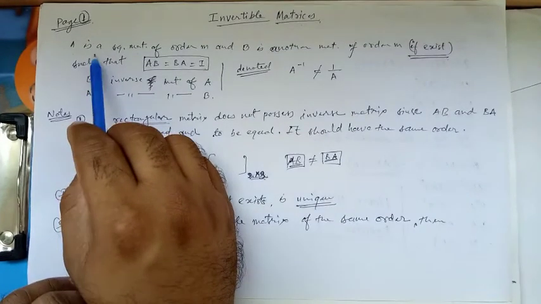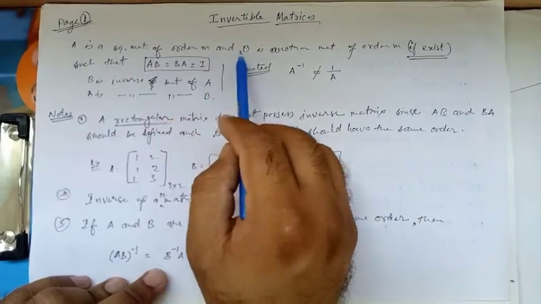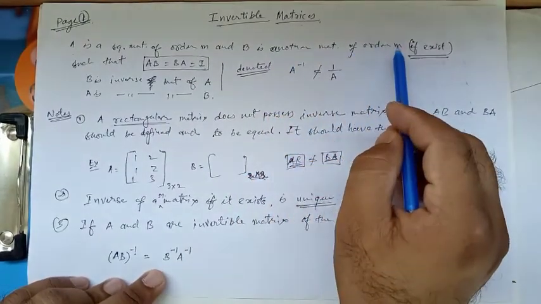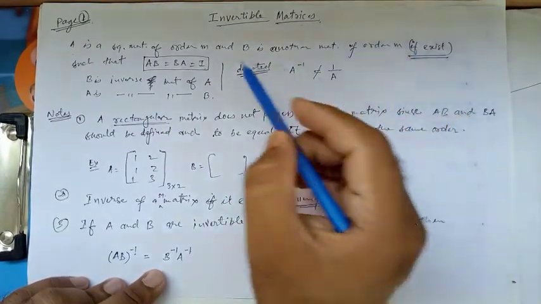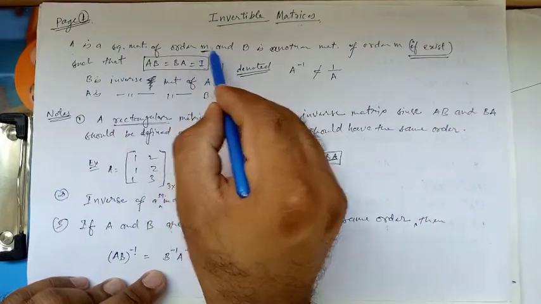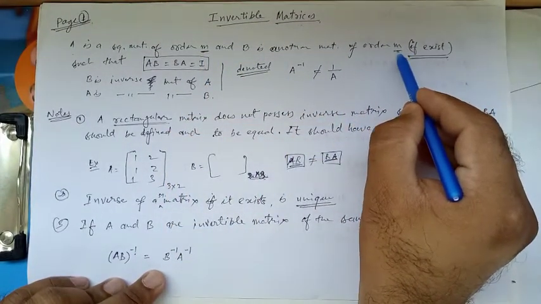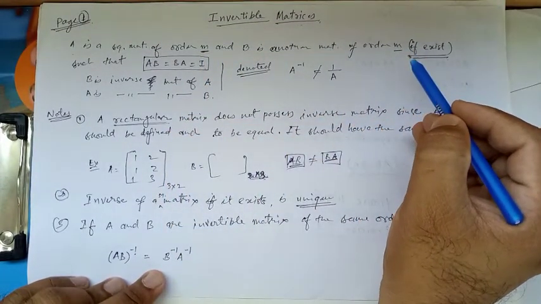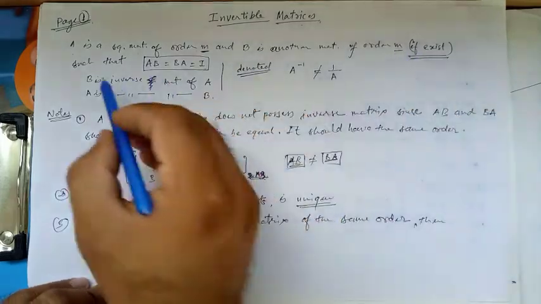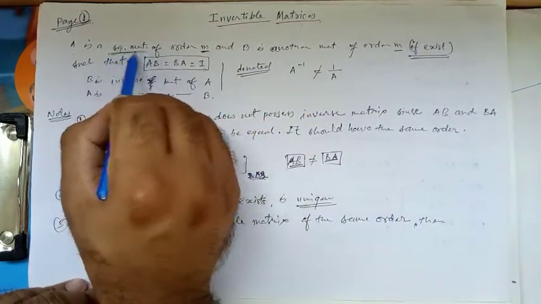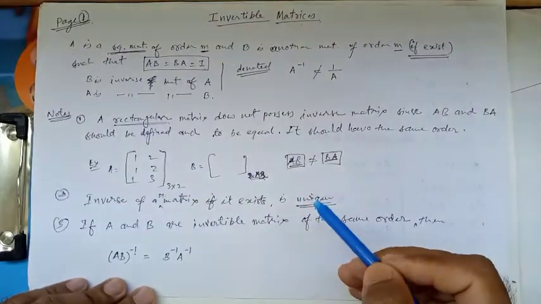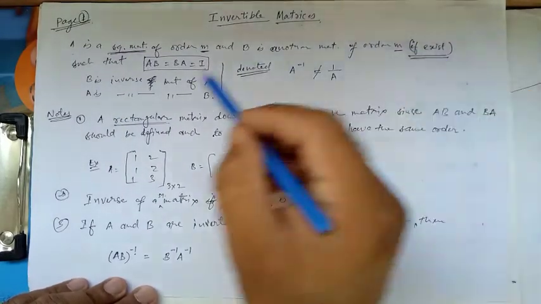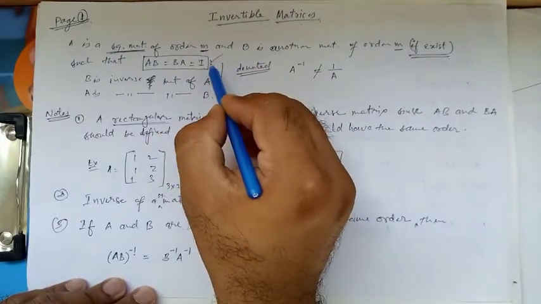A is a square matrix of order m and B is another matrix of order m. One should note that the inverse will also have the same order, and obviously this is a particular thing for square matrices only. If it exists, then such that this is the result,